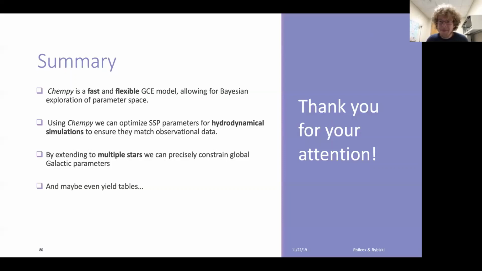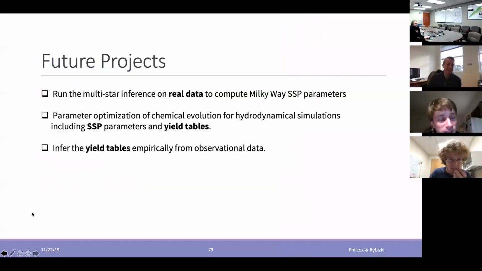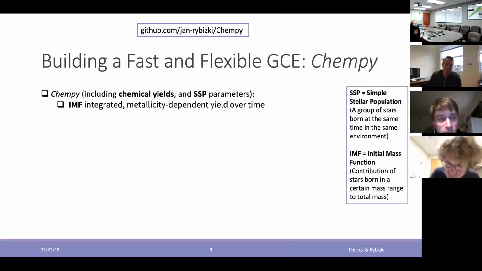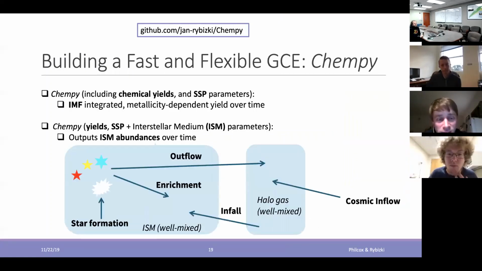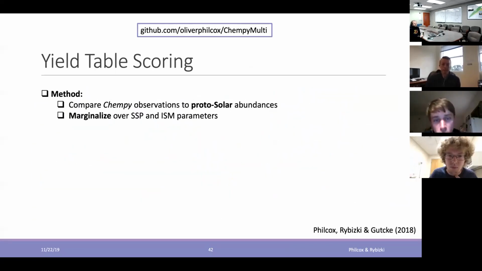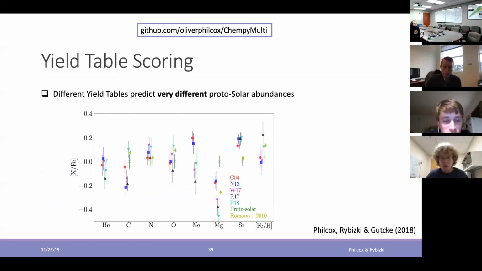If there is no question, I have a question. If we go back to this slide where we marginalize, where you score the yield tables and you show the elements, there was this magnesium and silicon offset. This was something that really struck me: we marginalized over all chemical evolution parameters, and there was always this offset between magnesium and silicon, using all the latest yield tables. So here, if you look at this plot,